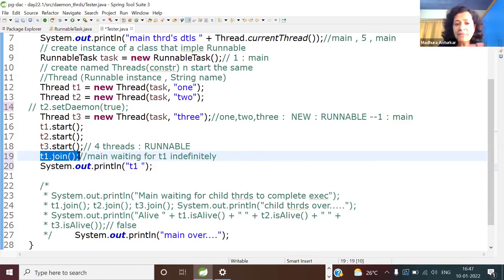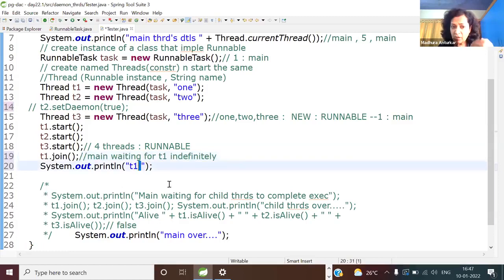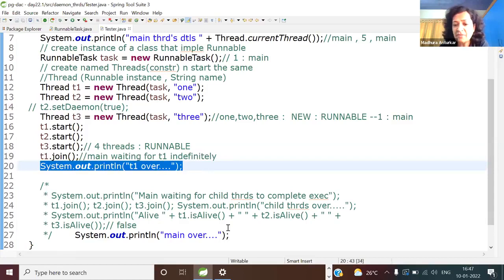So main is waiting for T1 indefinitely. And the moment the control comes to the next line, everyone can understand T1 is over. Are you now clear? So answer my simple question: are you going to see this message, T1 over? Too many moving parts are removed.